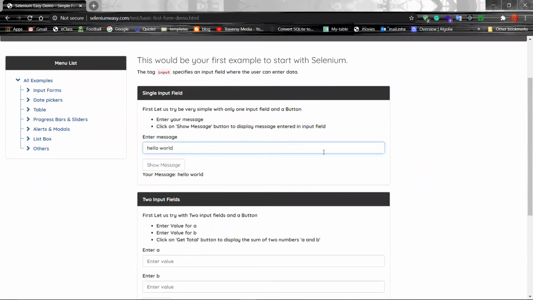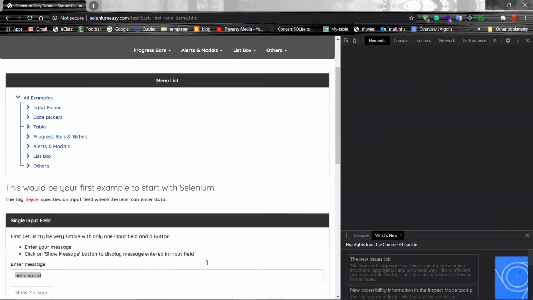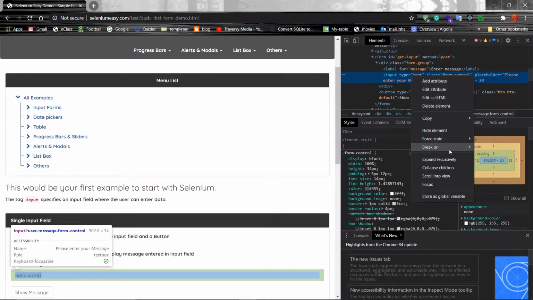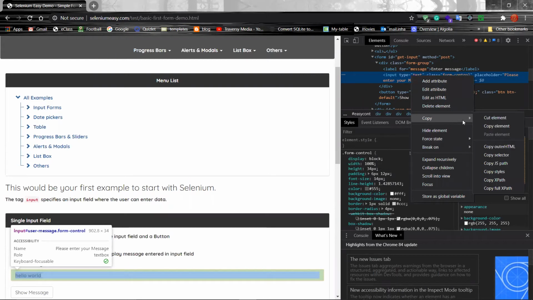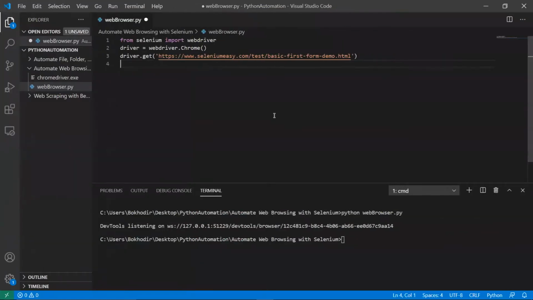So in order to be able to put data right here and press the show message button, we have to go ahead and inspect here, and here we need the XPath of this. So let's go and say message